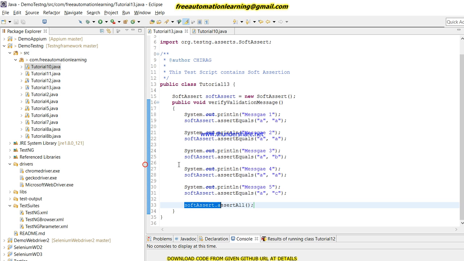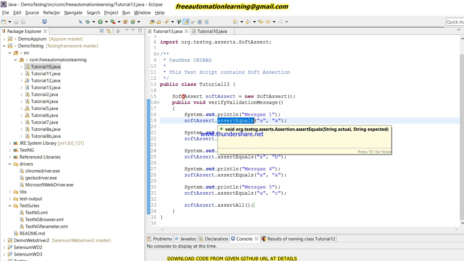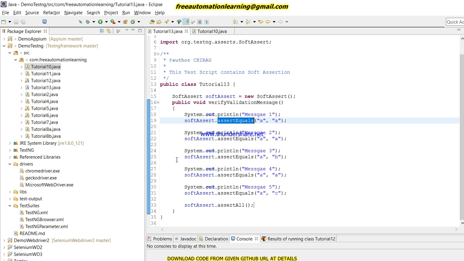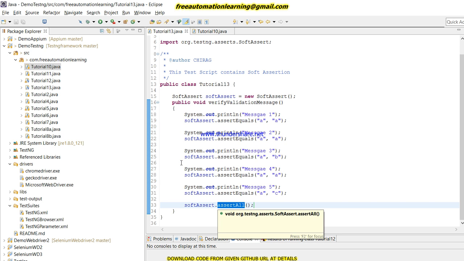At that time we just need to validate whether any of these 5 asserts has a failure or not. If it has a failure, it fails my test case, right? If it does not, it does not fail my test script. When you use soft assert, you should use assertAll. It validates whether the soft assert has any failure or not. It is very important: when you use soft assert, please use assertAll, right?